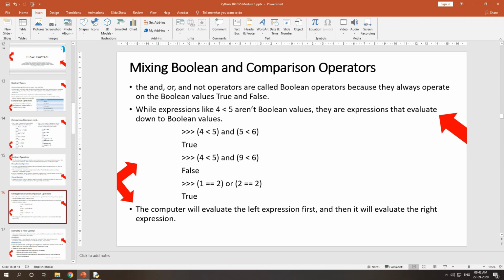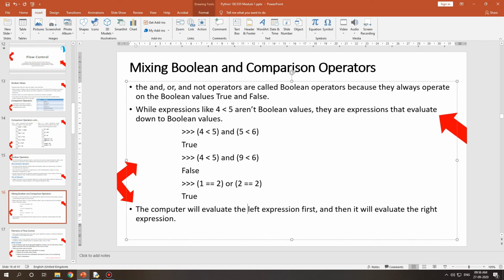So 1 equal to true, false. 2 equal to 2, true. So false or true becomes true, right? The message is, the computer will evaluate the left expression first and then it will evaluate the right expression. So here it will evaluate 4 less than 5 first, it becomes true, and then 5 less than 6, it becomes true. True and true is true. Here is another tip or note that I want to give you: it will evaluate from left to right.